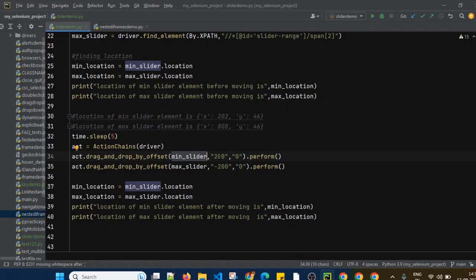If it is a horizontal slider, then we have to provide the x-axis pixels or coordinates by which we want to move it. Since it's x-axis only, we don't have to provide y-axis movement because we cannot move it in vertical direction. For minimum slider as well as maximum slider, for both the sliders we have to provide the values. Sometimes there can be only one slider as well, so we have to provide for only one.